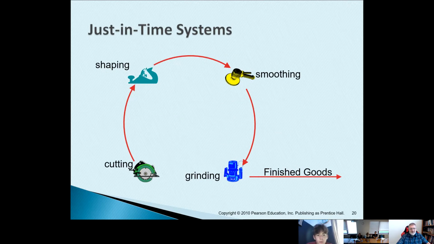And just kind of a graphic to show you the same thing. We're going to get the material in, we're going to put it into production. So we're going to cut it, and then we're going to shape it, and then we're going to smooth it, then we're going to grind it and finish it and put it off into finished goods to sell it. Cheesy little slide, but